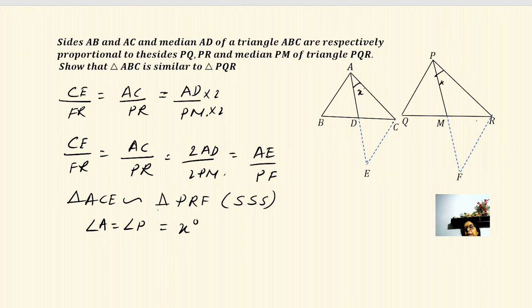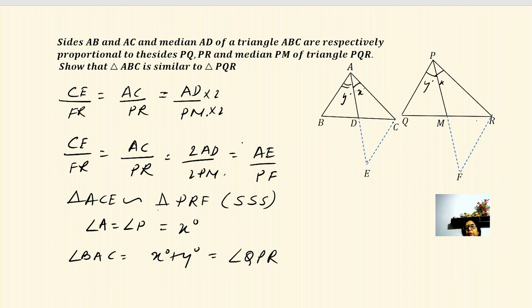In a similar manner, by joining BE, we can also prove that angle BAD, say it is y degree, and this is y degree. So we can prove them equal. So now we get this angle, vertical angle of both the triangles as x plus y. I can write down angle BAC is equal to x degree plus y degree, and this is equal to angle QPR. So the vertical angle becomes equal.